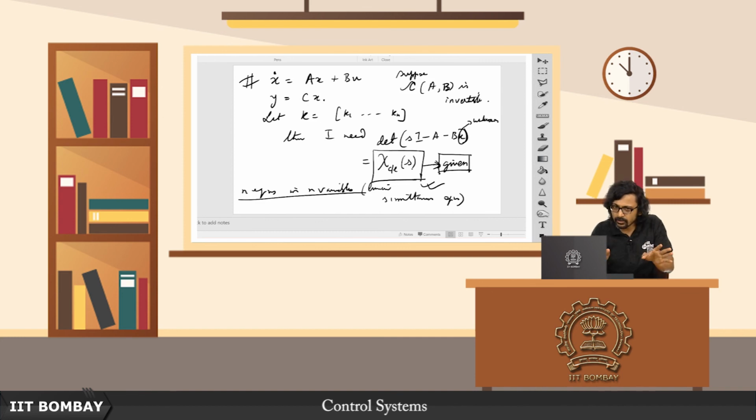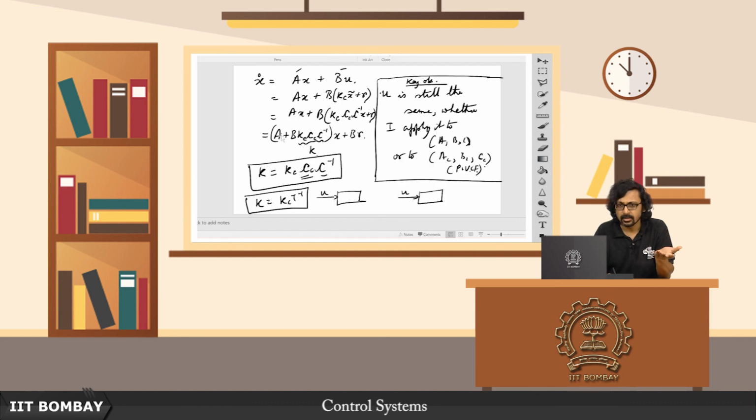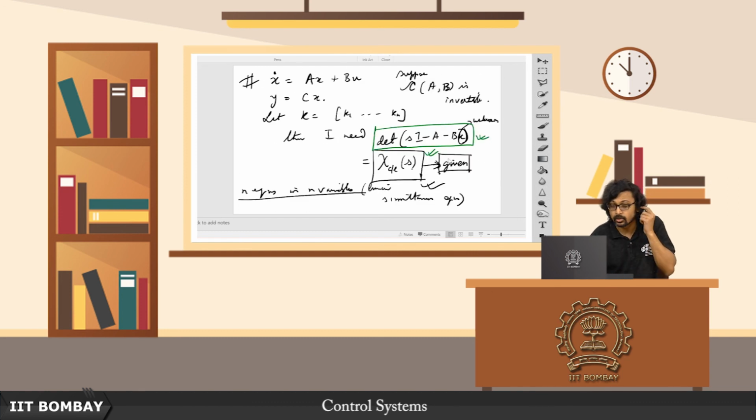Or you might bypass all of that because you know that your realization is controllable. Start with your original realization, let those gains be some unknowns k1 through kn, then evaluate this determinant with the k's being unknown, and look at the coefficients of s in this polynomial and in this polynomial which will be given to you, and by comparing those you generate n equations in n variables, and solve them. The reason why this will always be solvable is that I have already shown you that this solution will exist provided it is controllable. So with that we have established that if your realization is controllable, you can always place the poles arbitrarily anywhere you like through state feedback.